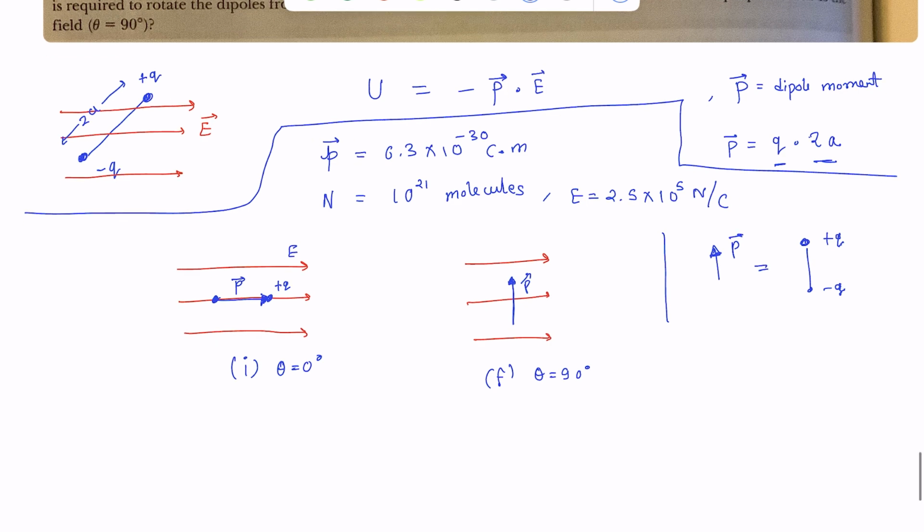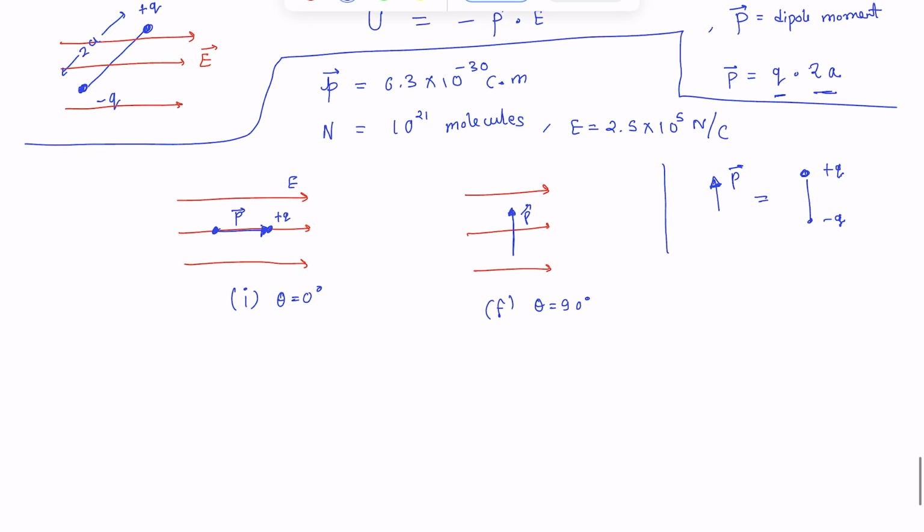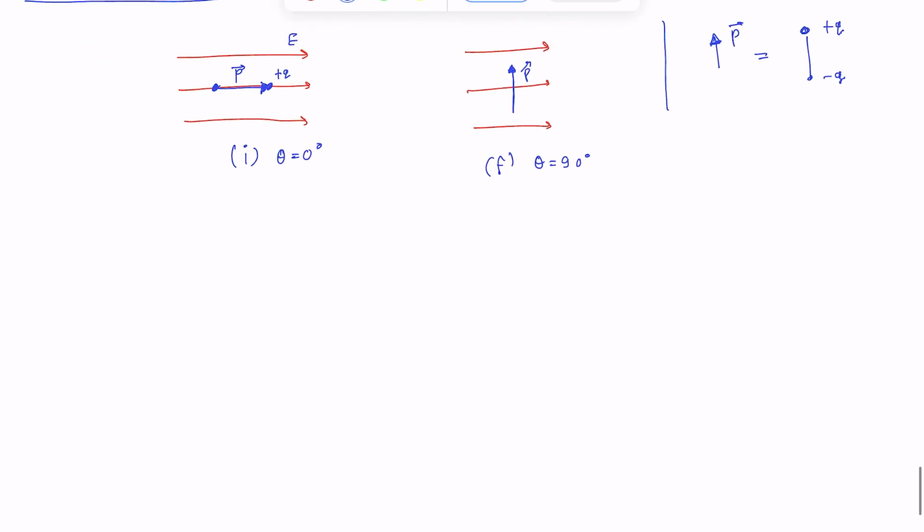See, as I said, this system has a tendency to align itself. The dipole has a tendency to align itself with the direction of the electric field. Now if I try to disturb that alignment, that will be as if I'm trying to lift a marker from the desk. Okay, I will have to do some work on it. And if I let go at this position, definitely this guy is going to rotate back, and it's going to make its direction align with the electric field. So the work done is given by